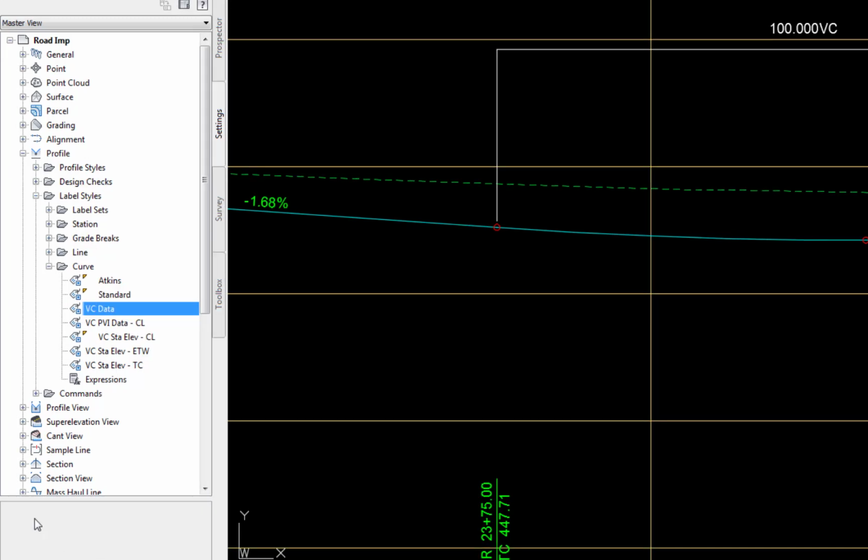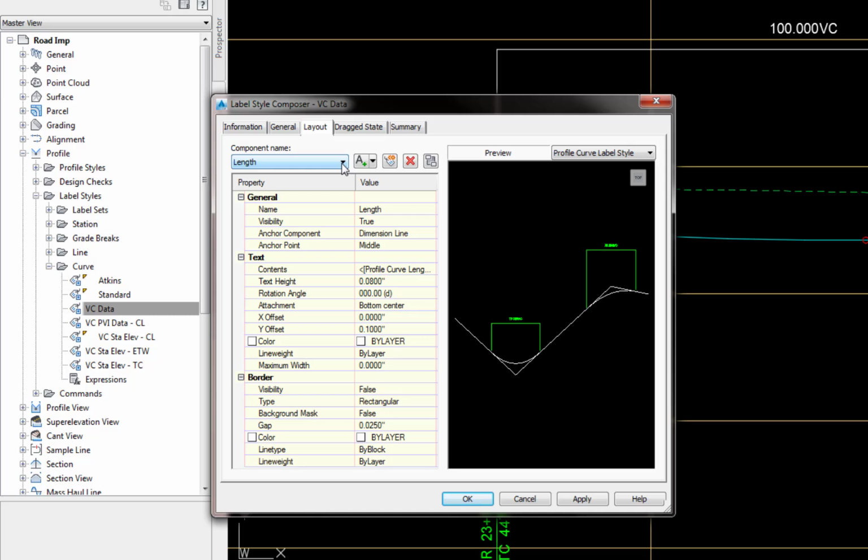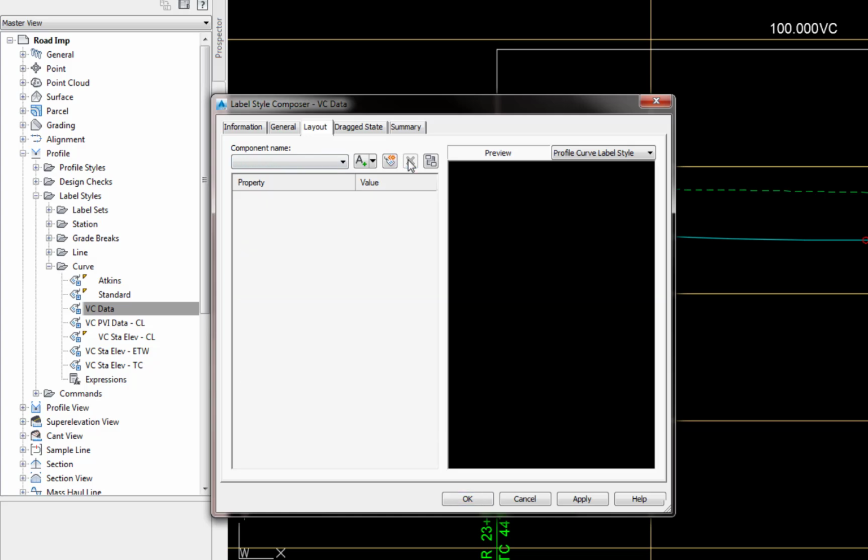Right-click the VC Data. Edit. Layout tab. There are currently 4 components contained in the label style: dimension line, start line, end line, and length. In lieu of modifying the current components, these will be deleted and new components will be added. My personal preference is to have the station and elevation shown above the profile and the other vertical curve data